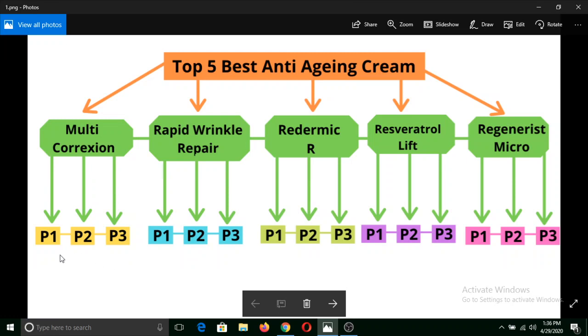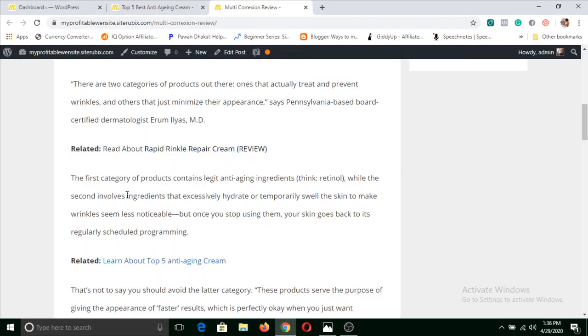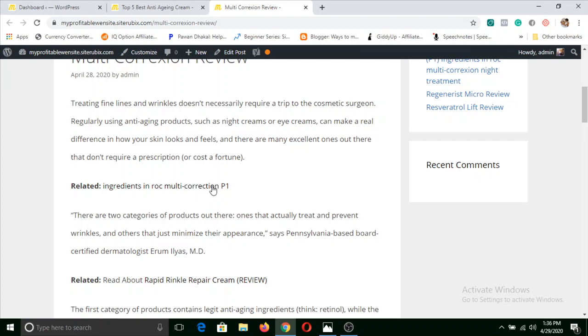For today you need to understand that these are some helpful posts, minimum 3 posts you need to make. So this would be how to use multi correction cream, or when to use it, or what are the ingredients in it, or similar things that people keep on searching. So now we have come up to here and we gave one link to here and one link to above. Now another link would be in our P1, and that helpful post link is here.